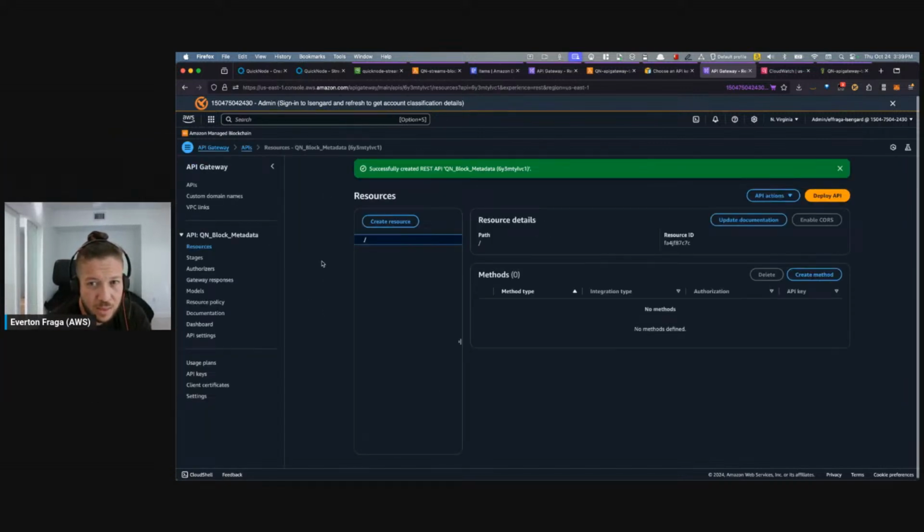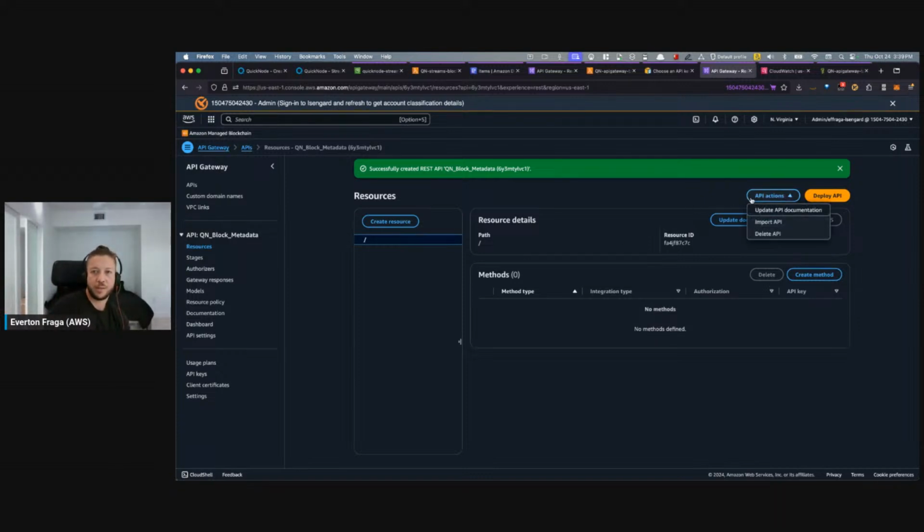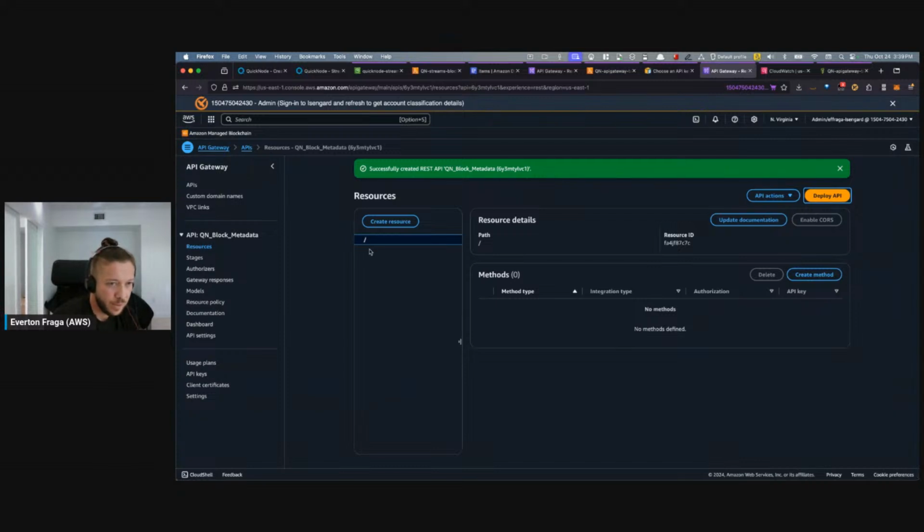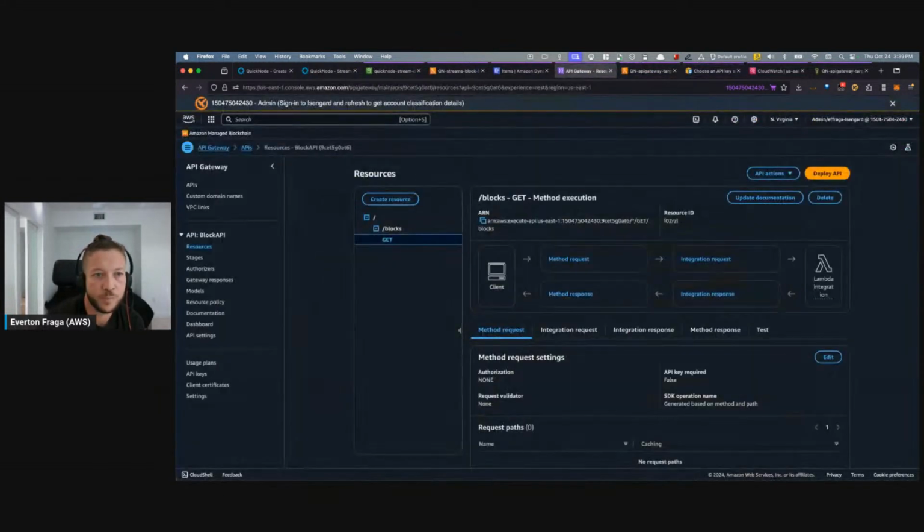And then just by doing this, it will create and deploy a URL with an endpoint for you to use. Then you can add methods to it. So you select a stage, and then you select a path on the URL. You can attach to it get, post, patch, and all the HTTP verbs.